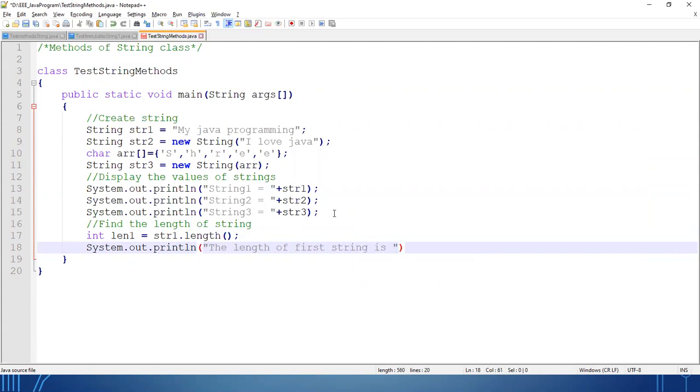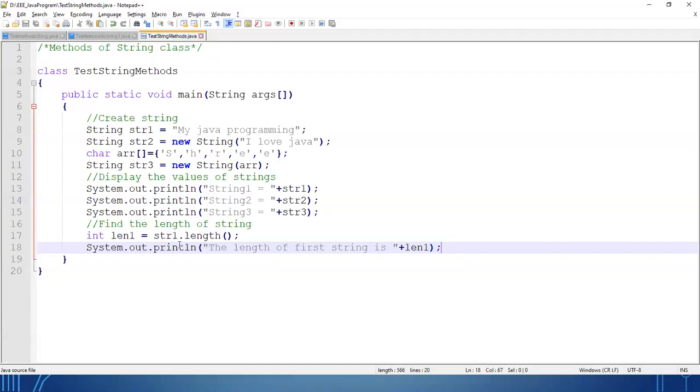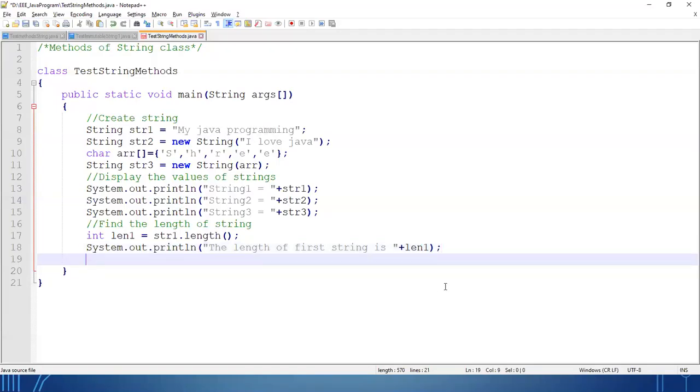I am printing only the length of the first string because the procedure is the same for the rest of the strings. Let's test this one. Yes, it's coming. If we calculate the total number of characters here, including spaces, you will obviously get 19. Clear?